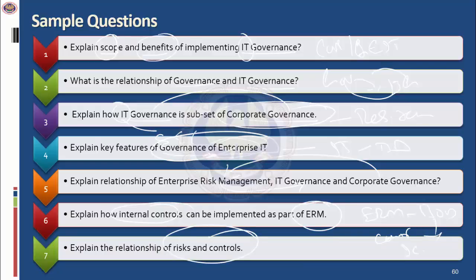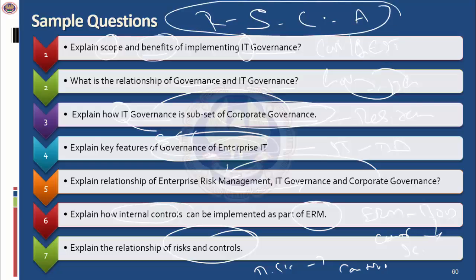Now, risk and controls. I think this is very key. What is risk? Risk is what can go wrong. Risks are mitigated by implementing the right level of controls. If you remember, we started with the concept of risk, security, controls, and audit. You should remember this is the concept which is underlying in all areas pertaining to the ISCA.